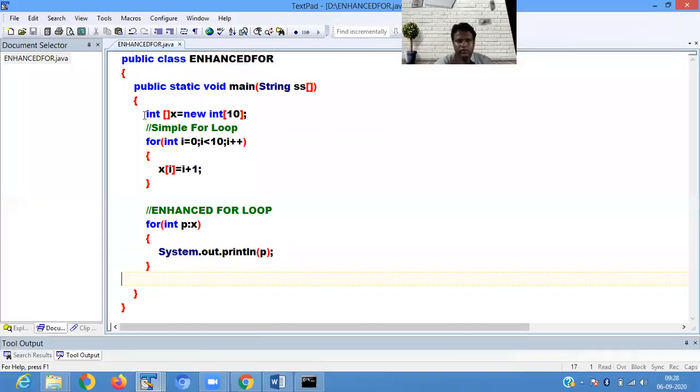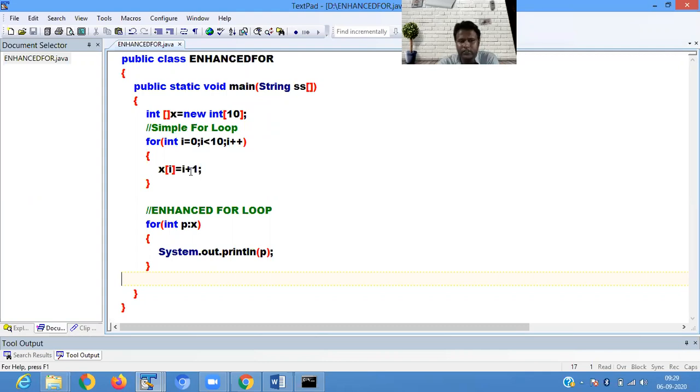In the enhanced for loop, we're defining a normal array, int x new int 10. Okay. Now after I am defining an array, I want to store the value in the array. For storing the value in an array, I define int i equals to 0, i less than 10.